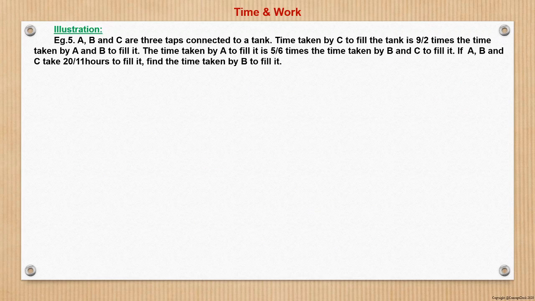Next, move to question number 5. Here it says that A, B and C are 3 taps connected to a tank. The time taken by C to fill the tank is 9 by 2 times the time taken by A and B to fill it. Similarly, the time taken by A to fill it is 5 by 6 times the time taken by B and C to fill it. And if A, B and C together take 20 by 11 hours to fill it,